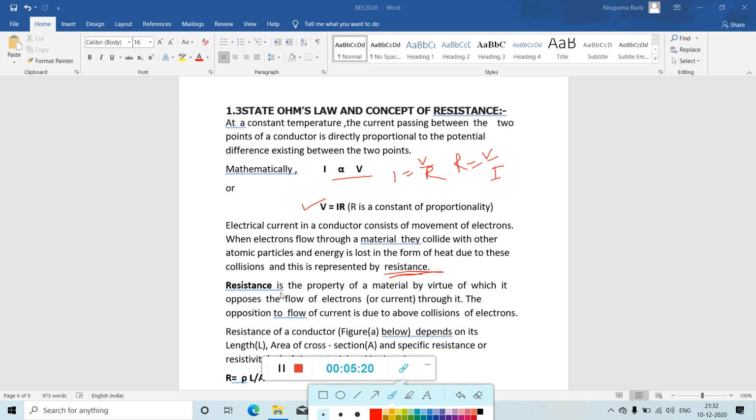So resistance is the property of a material by virtue of which it opposes the flow of electrons or flow of current through it. The opposition to the flow of current is due to the above collision of electrons. So in simple language, you can define resistance as a property of a material which opposes the flow of current. In the other way we can define resistance